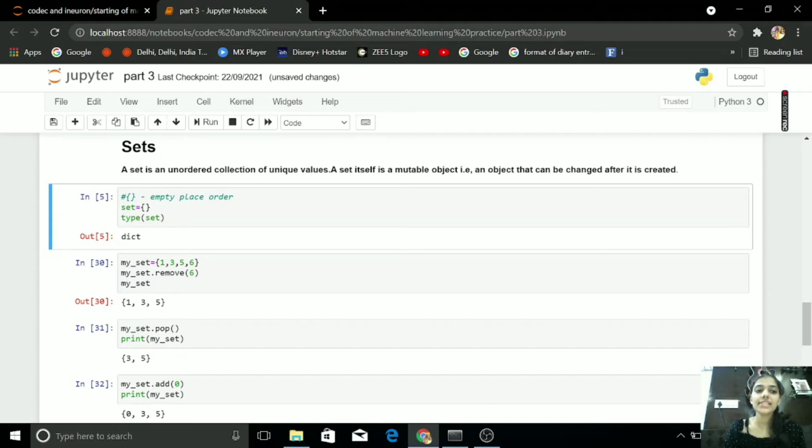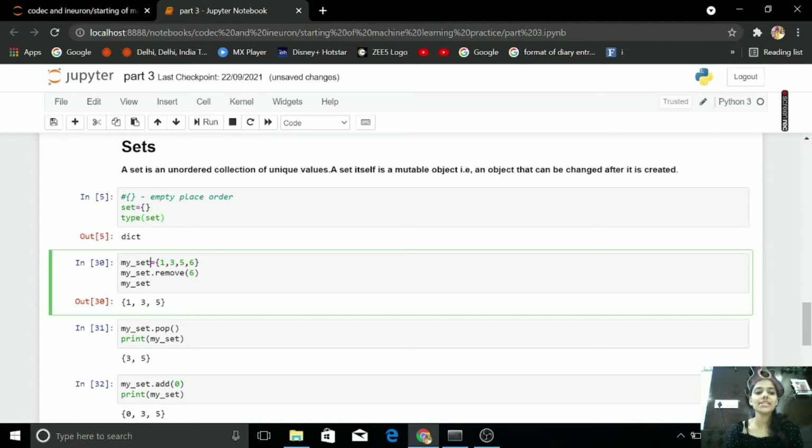We denote sets with empty curly braces. Set equals to empty curly braces. Then what is the type of set? The type is dictionary.